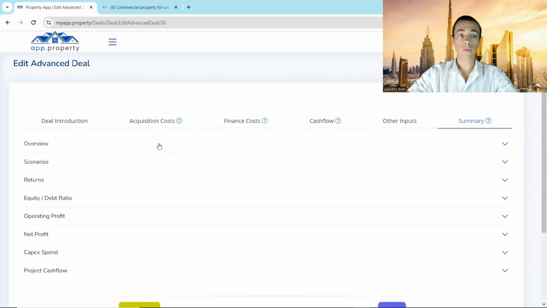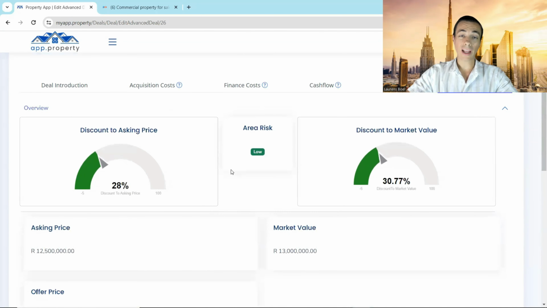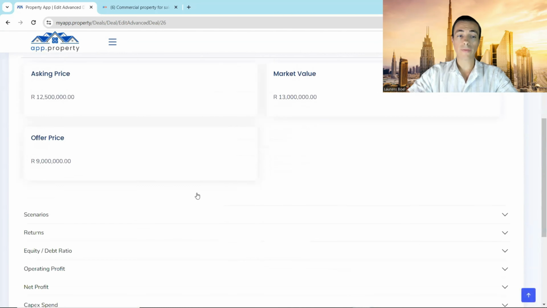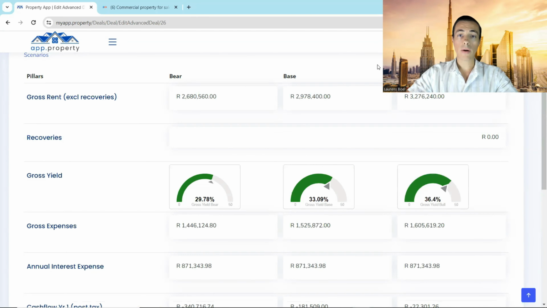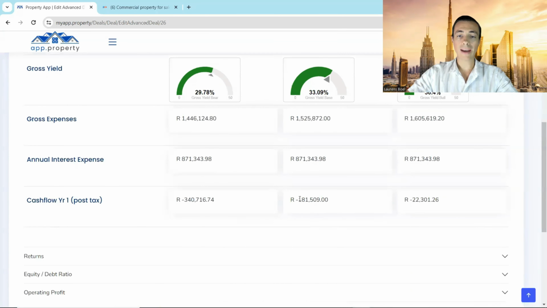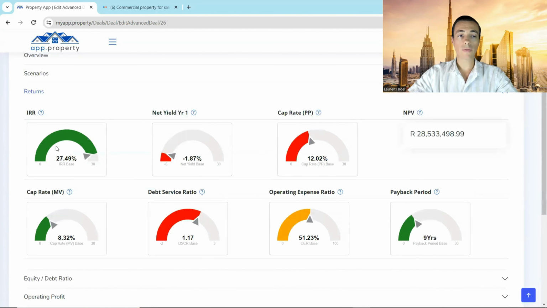Let's go through an overview of the returns. So firstly, getting a good discount to asking and market value. Here you can see the bear, base, and bull case in terms of gross rent and the gross yield. 33% gross yield on the base case, giving a negative cash flow for year one, but that'll improve as your escalations take hold. From a returns perspective, your internal rate of return is sitting at just under 28%